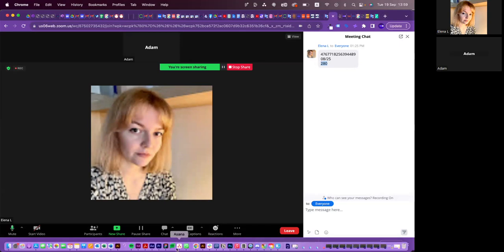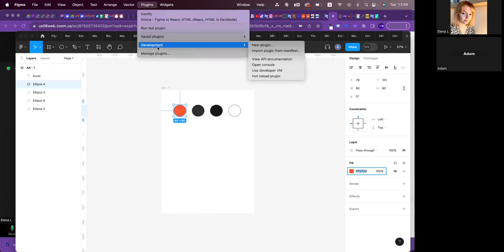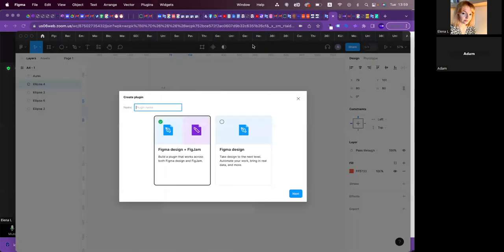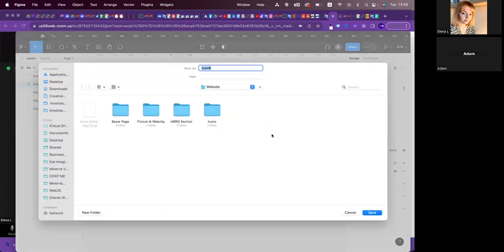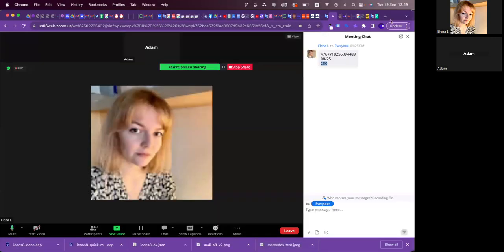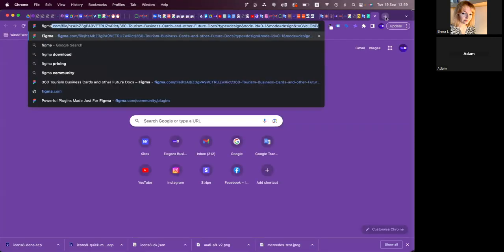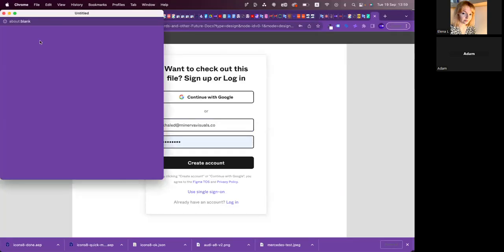Yeah, I would love to. Is it also called Icons8? Yes, just in plural, Icons8. I don't know if it's going to find it this way. Yeah, I have to go to Figma, I think. Oh, okay. So maybe I will